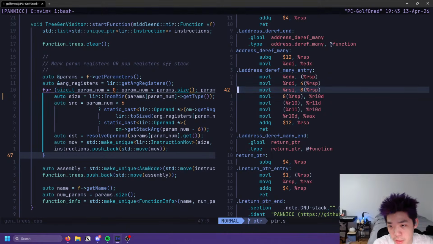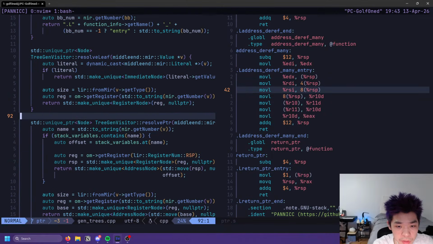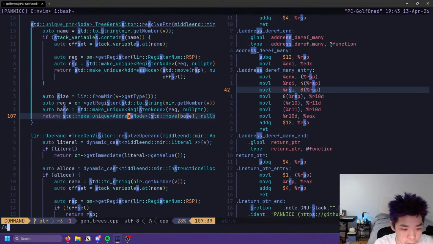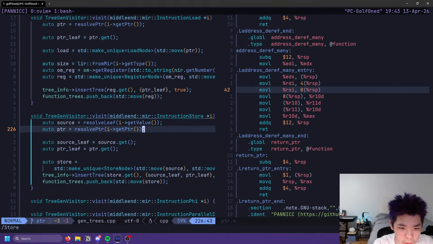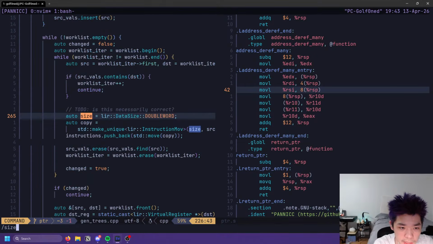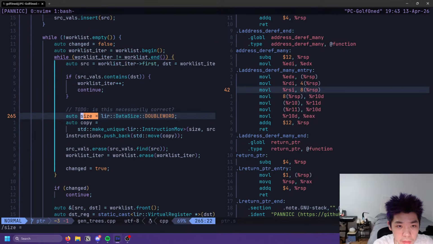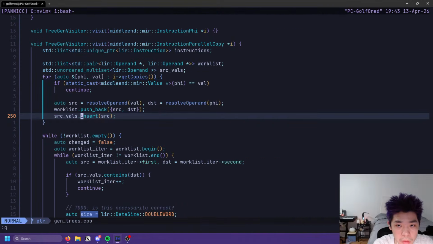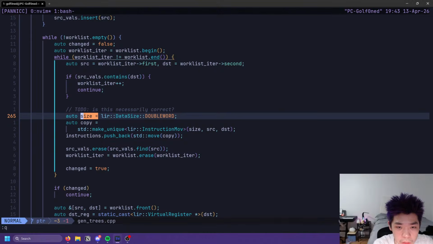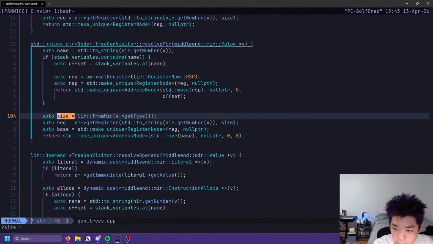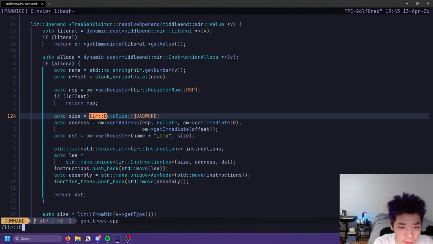Okay, these are wrong. So we generate loads. Or store? Maybe? Size equals. Maybe we have a couple places where we do that. We're gonna need to fix more stuff later. Okay, there are 14 places where we just define size, or LR data size.